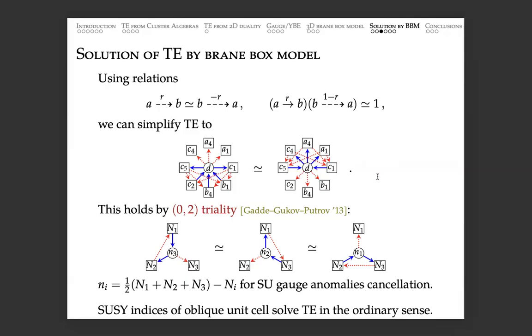Then you can go on to write down ordinary solutions of the tetrahedron equation. Here I'm saying that the tetrahedron equation is promoted to a duality between two-dimensional gauge theories. In each of these two-dimensional gauge theories, you can calculate some quantity like the partition function on the torus. Then the partition function on the torus will give you an ordinary numerical solution of the tetrahedron equation. That's how you can obtain solutions of the tetrahedron equation from here.